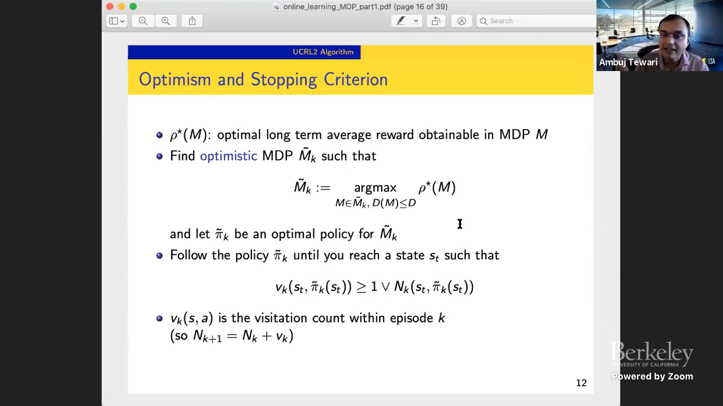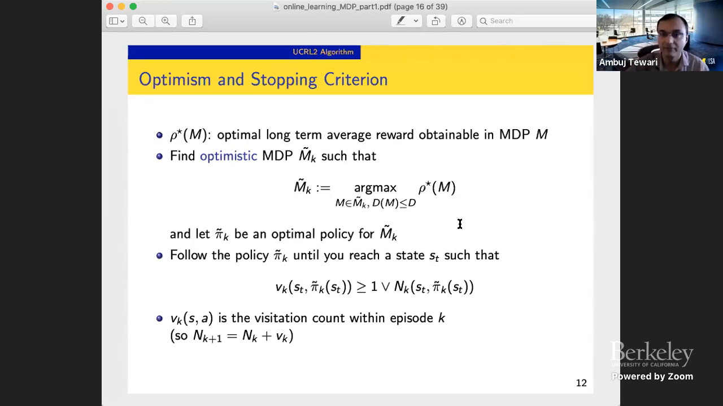And tilde quantities will be optimistic quantities. So there is some true MDP M. I have a point estimate M hat at any given time. And then there's an M tilde computed at the start of every episode. So tilde quantities are optimistic, hats are estimates, and if you don't have any superscript, then that's just the true MDP. So I also have a pi tilde k, which is the optimal policy for this optimistic MDP M tilde. And then just follow this pi tilde k in this episode until what happens? Until some state action pair